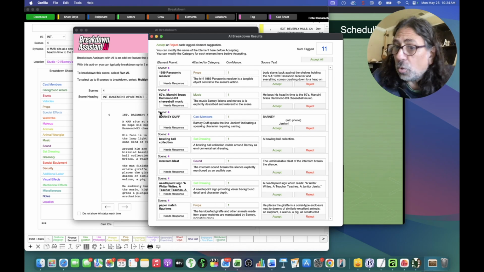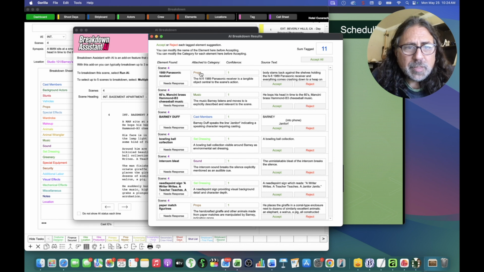So here we go. It's pretty quick, as you can see. This was one scene, and in this one scene, AI found 11 tagged elements. And you can see in this list, it's shown alphabetically, and this is all for scene 4, and it's showing you the name of the element that was found,